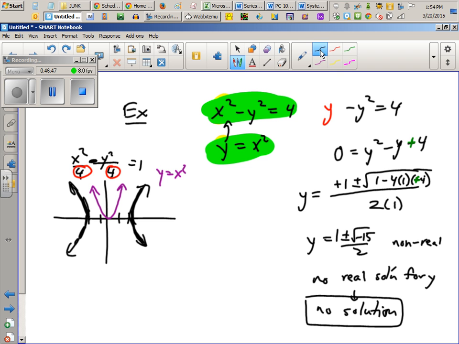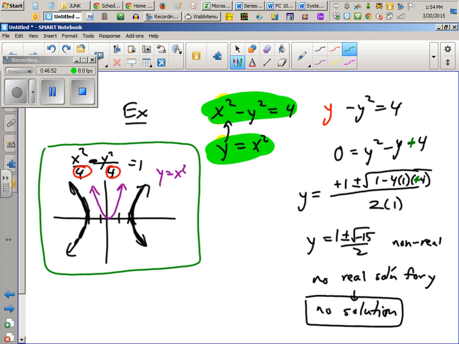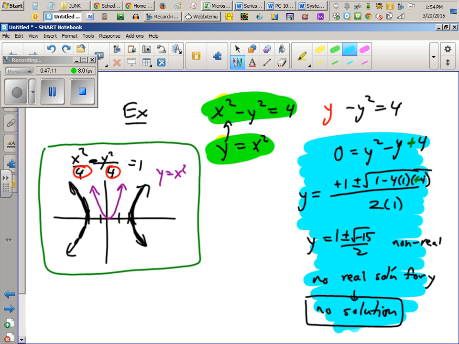Now you might say, next time I think I'll just sketch it first, and then I'll say, oh, no solution. Well, you don't always know to do that. And I can't really accept the drawing as proof of no solution. You might say, I drew it, they don't look like they cross, therefore there's no solution. That's not a valid proof. I can't trust the drawing that well. I need to see your work over here on the right. Okay, so this is actually what I would expect you to do. Write something like that. And that's the end of